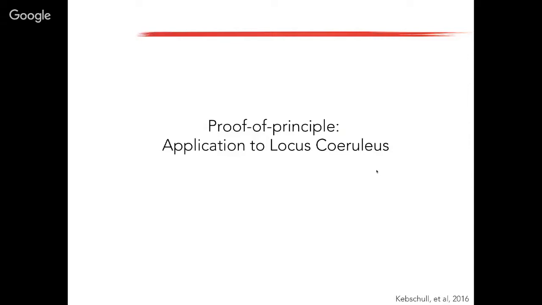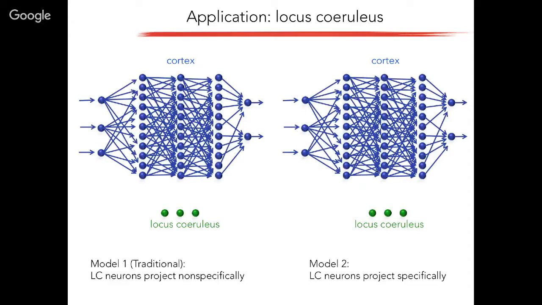This was published, I guess, a year and a half ago now. And what we did was we studied the projections of the locus coeruleus throughout the brain. It was known already that the locus coeruleus projects throughout the cortex relatively uniformly, but it wasn't known whether it was suspected and believed, but not really known, that the neurons in the locus coeruleus just kind of bathe the cortex in